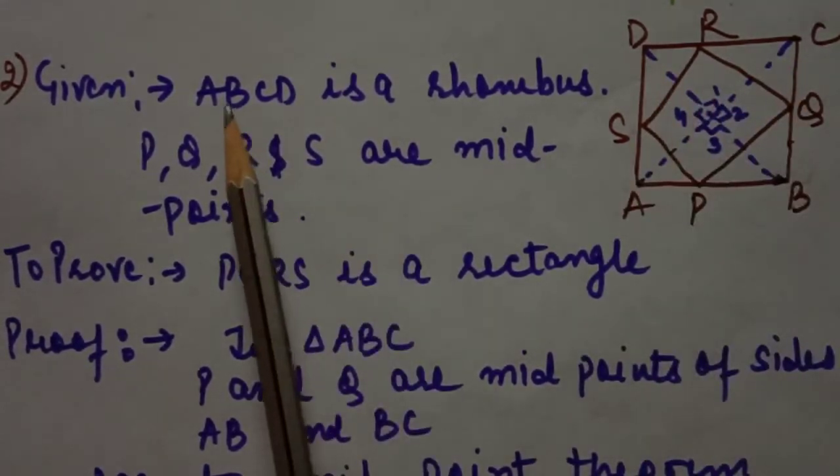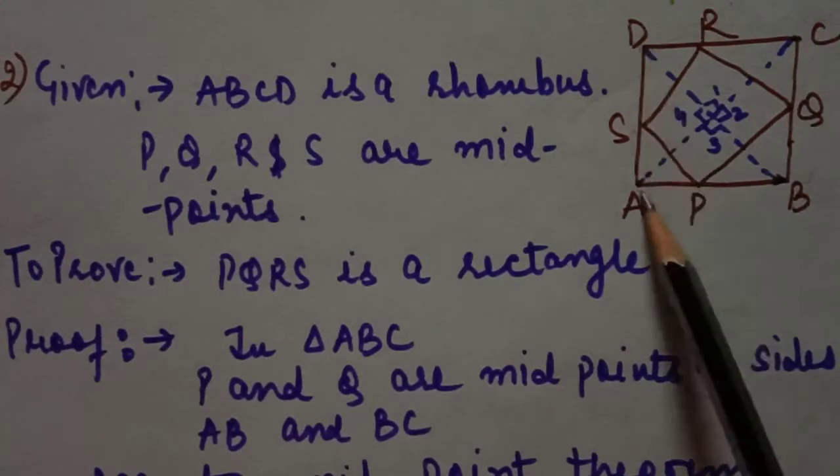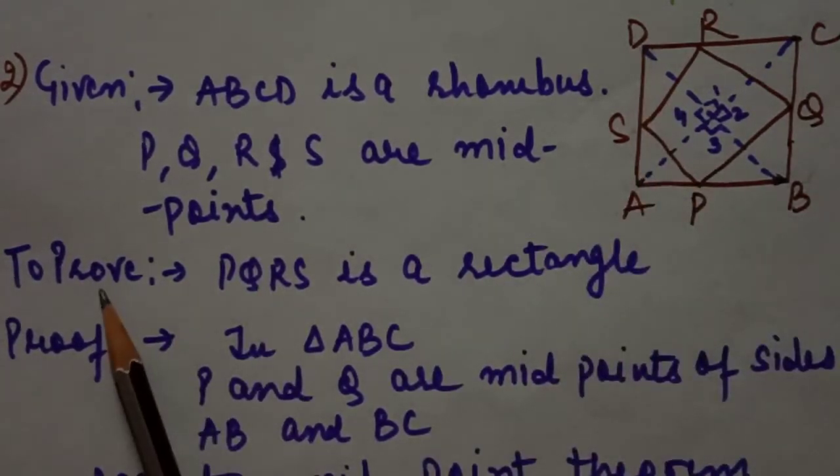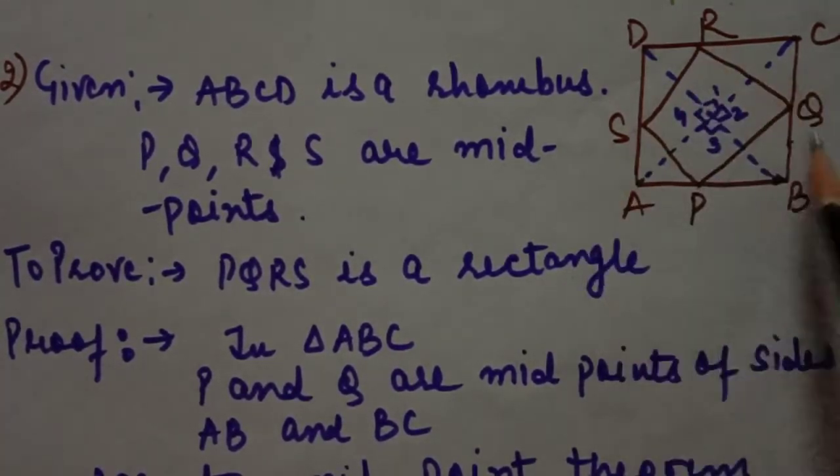So students, what is given to us? ABCD is a rhombus. P, Q, R, S are the midpoints of the sides AB, BC, CD and DA respectively. So we have to prove that PQRS is a rectangle. We have to prove that the new quadrilateral which we formed is a rectangle. You remember what we have to prove for a rectangle? For a rectangle, if a parallelogram is given, then only a 90 degree angle is sufficient. But in this question, we have a quadrilateral PQRS. First of all, we have to prove it as a parallelogram. Then we will prove one interior angle as 90 degrees. Because in a rectangle, opposite sides are equal and parallel to each other. Sorry, all rectangles are parallelograms. So we will prove it.